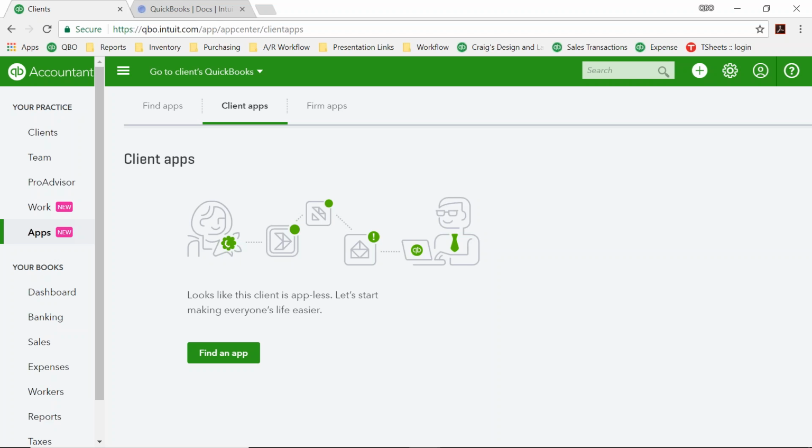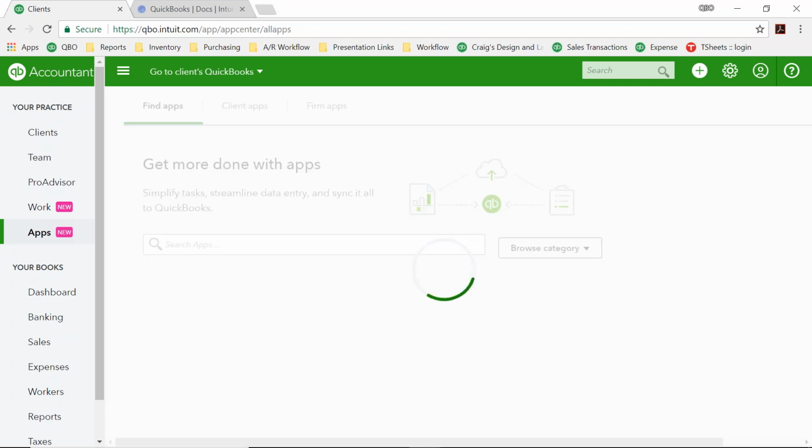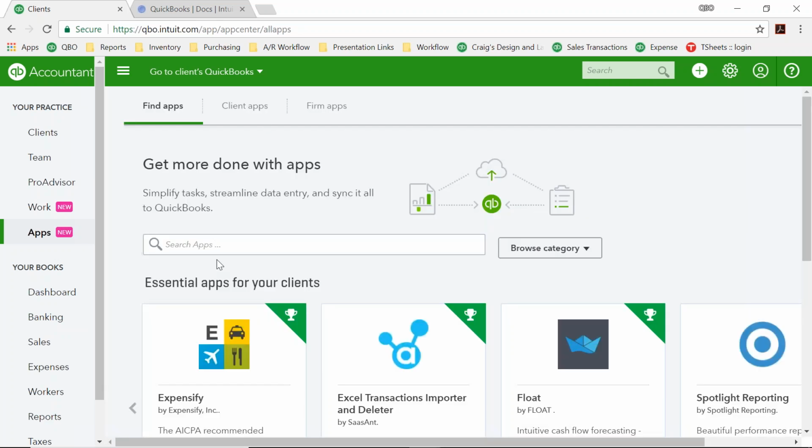So, and it also simplifies things, right, Michelle? Because you should have one email address where all of your clients are being invited to QBO, right? Yes, that's the best practice for firms. Absolutely. So to find an app, you just click on the client apps, you click on find apps, and then we would go ahead and maybe just click on,